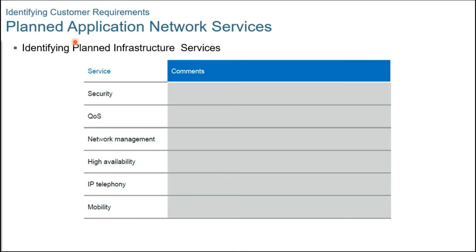The planned infrastructure services table is similar to the planned application table. It lists infrastructure services that are planned for the network and additional comments about those services. Recall that the infrastructure services include security, quality of service, NM or network management, high availability, IP telephony, and mobility. Software distribution, backup, directory services, host naming, and other authentication and authorization are examples of other services and solutions